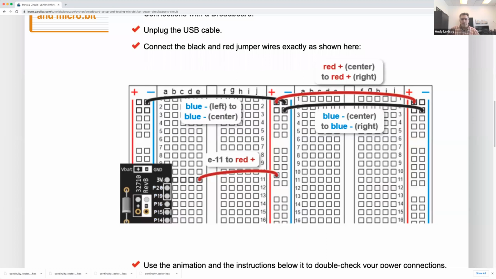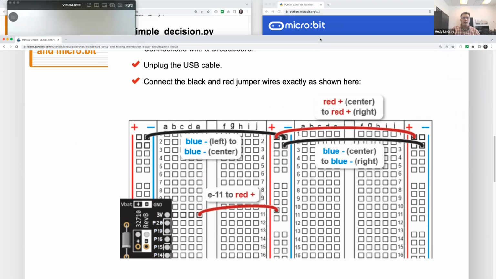Then the red wire is going to go from the same row as 3V on the adapter, and it needs to jump to the red bus strip. Then a second red wire jumps from the red bus strip in the center to a socket by the red stripe on the bus strip on the right. So be very careful about these connections. And again, there is a very methodical testing of the voltage using our probes, but I'm going to jump to building a light. And so we'll test the voltage that way. Before you jump,